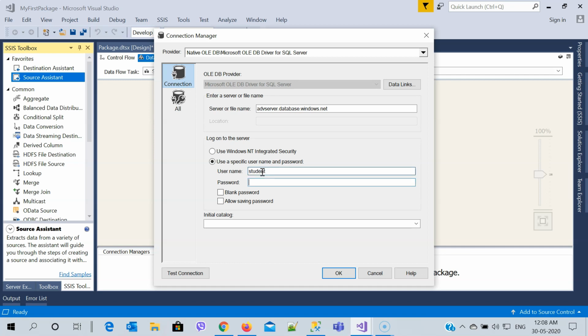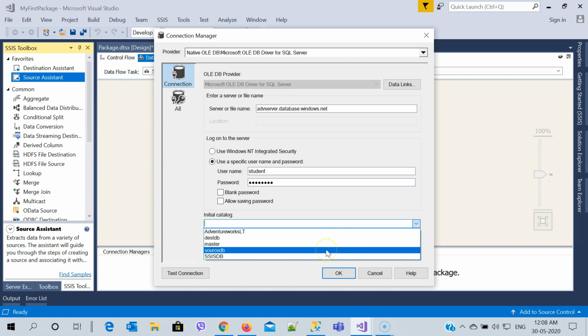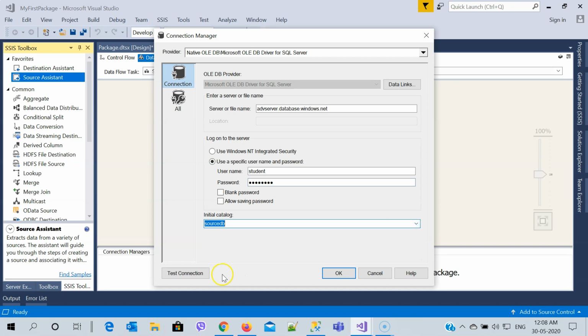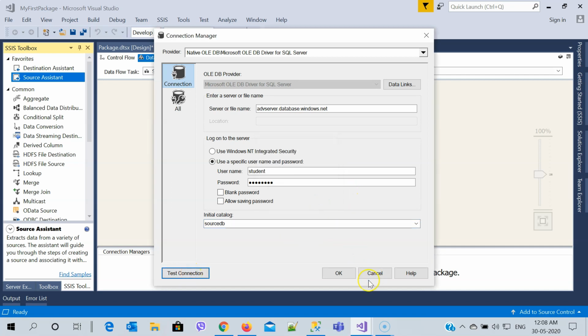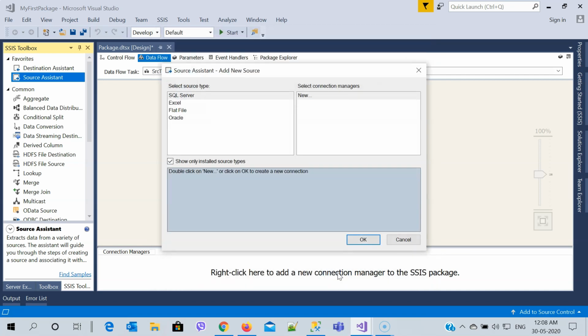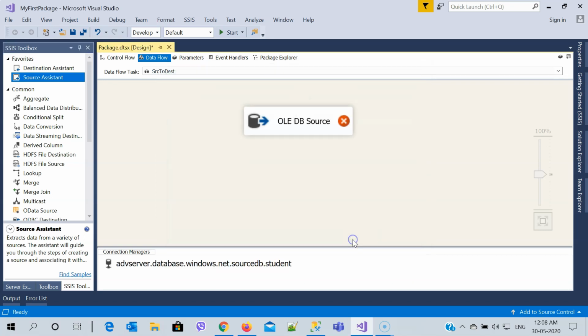So I'm going to say student and then my password. Now when I go for the initial catalog, it will show me the source DB right here. So I'm going to select source DB. We'll click on test connection because I just want to make sure that the test connection has succeeded, and then hit OK. And then I will say OK.